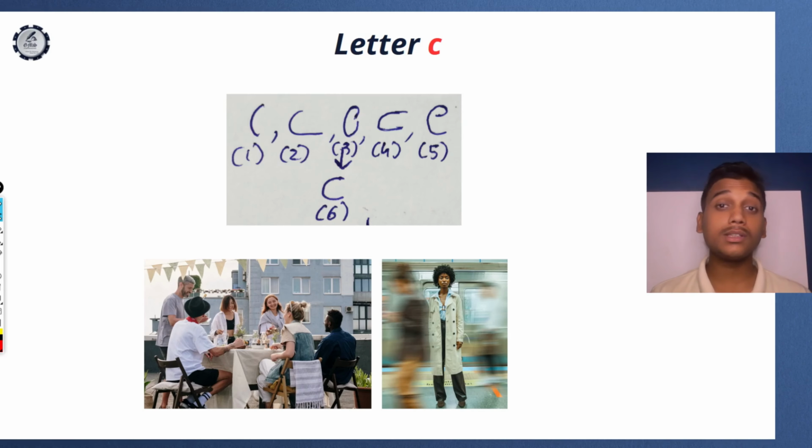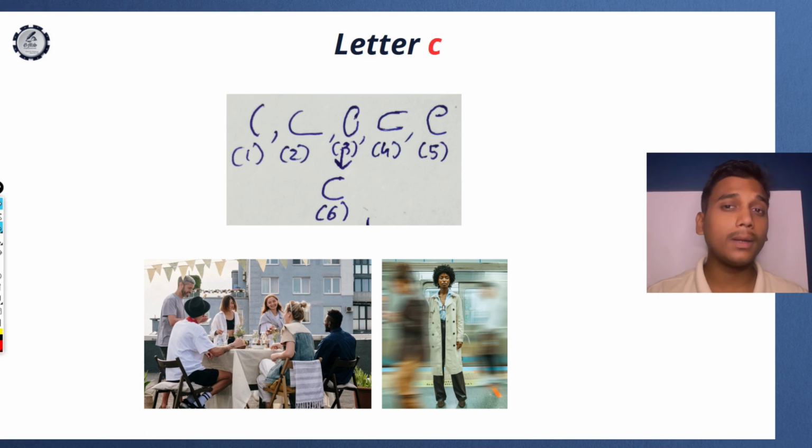In this video we are learning about letter C. Letter C helps us know how comfortable a writer feels outside their comfort zone, in front of new people, new strangers or new environments. Letter A is the opposite of letter C. Letter A was all about home, how comfortable the writer feels at home. Letter C is the opposite: how comfortable the writer feels outside their home.